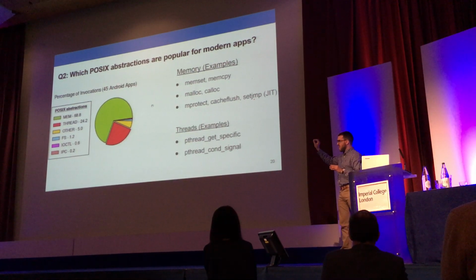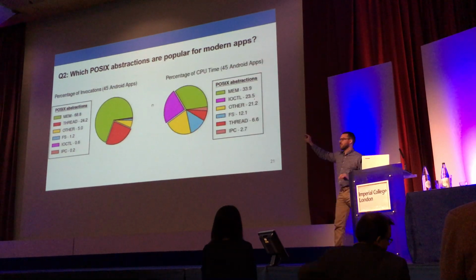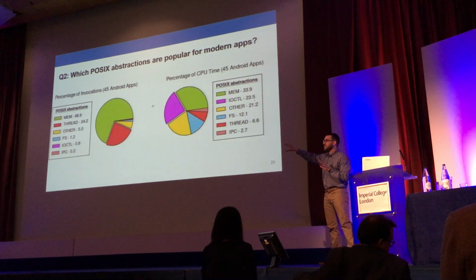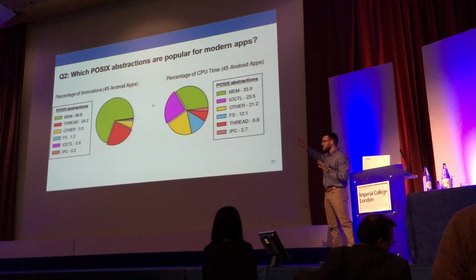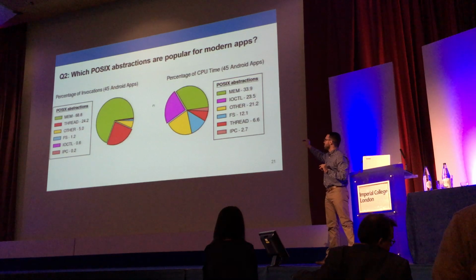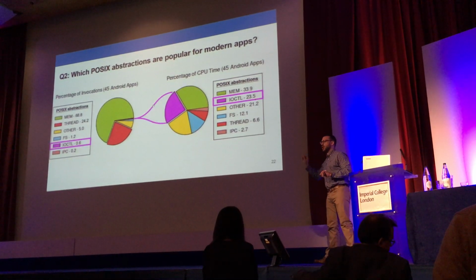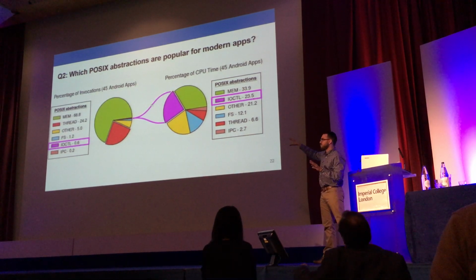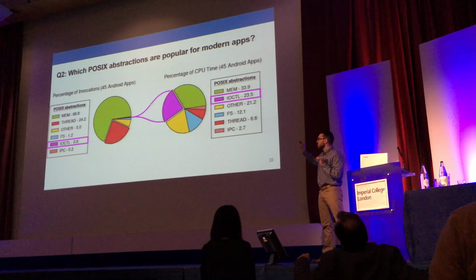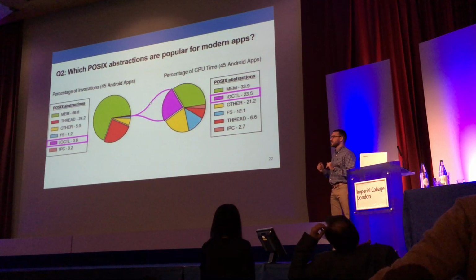But the question gets more surprising and interesting when we pair the graph of invocations with the distribution of the time dedicated to these abstractions. And here you have a very interesting observation. You can see that IOCTL, which is just a single call, accounts for more time than most of the abstraction subsystems. And the reason why this observation is very significant comes if we step back a little bit